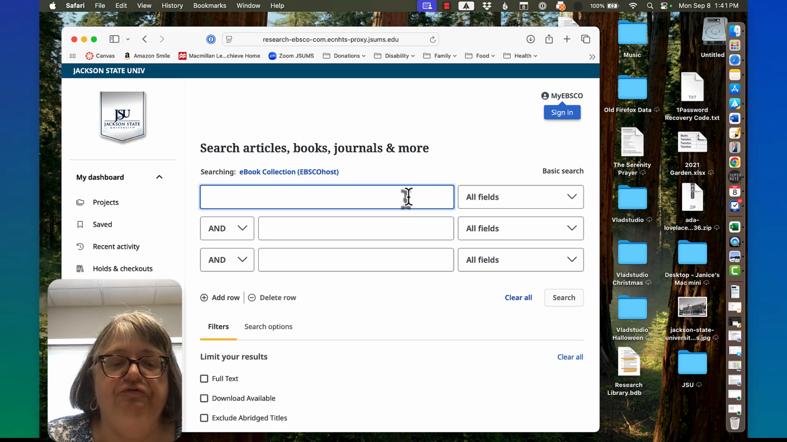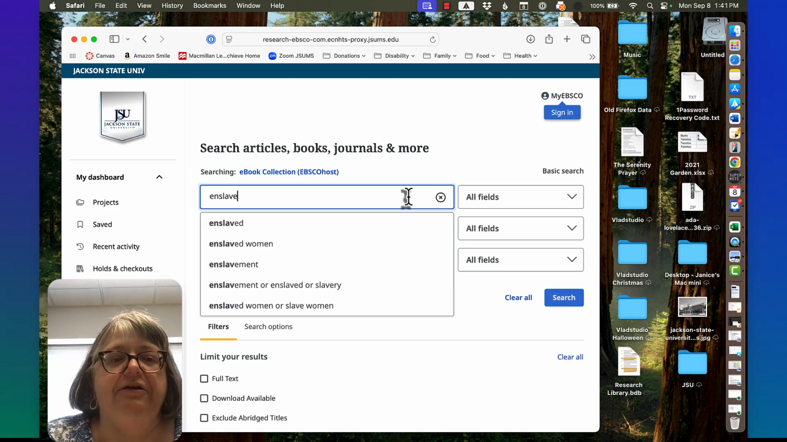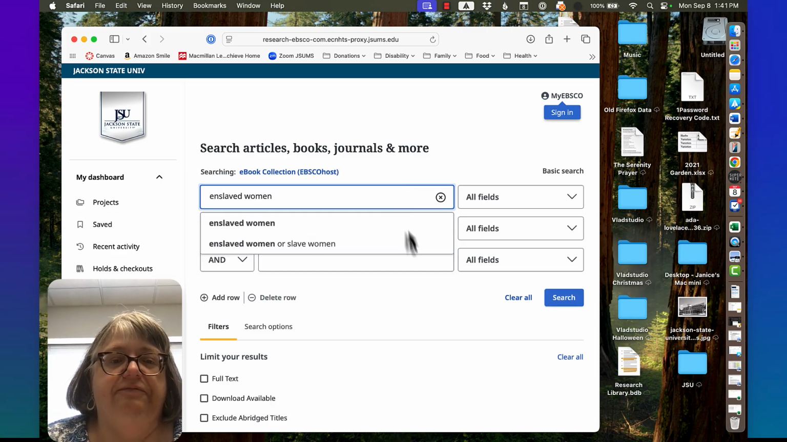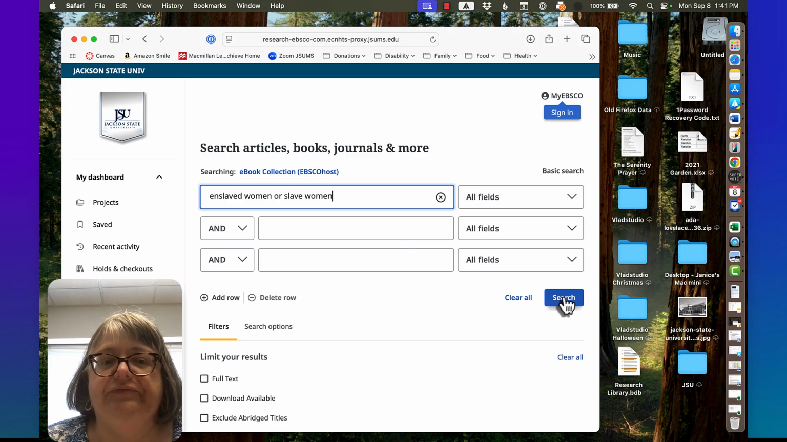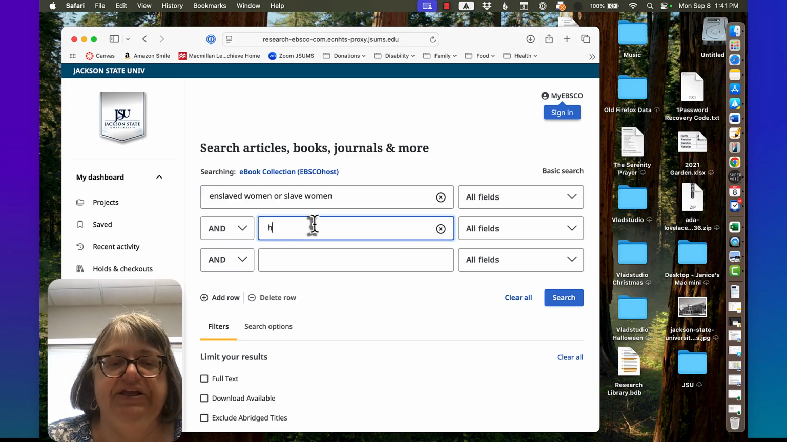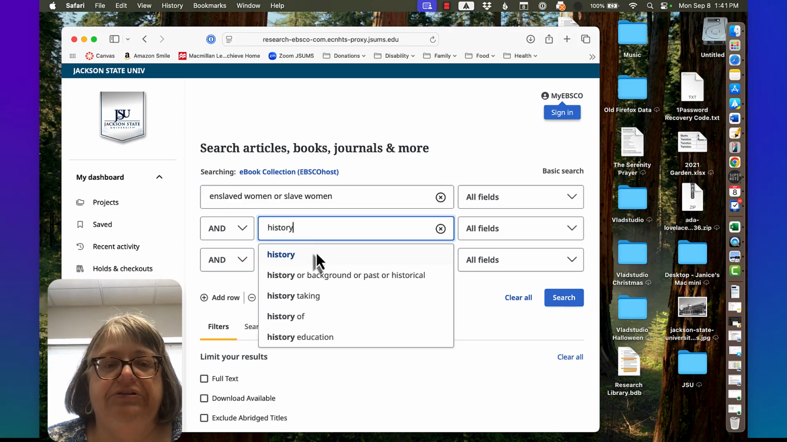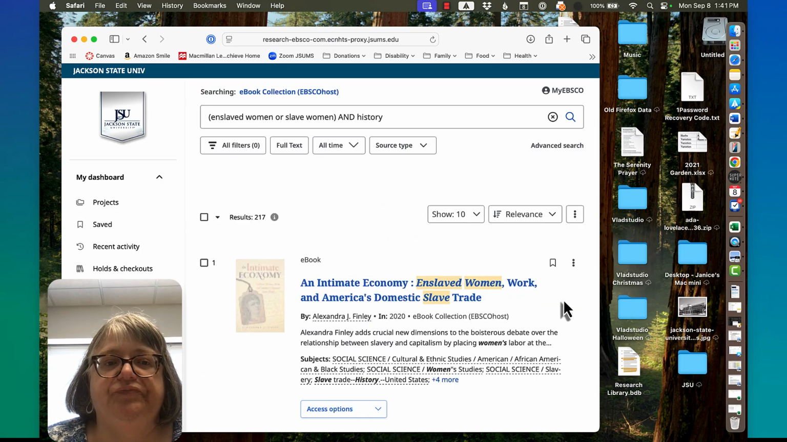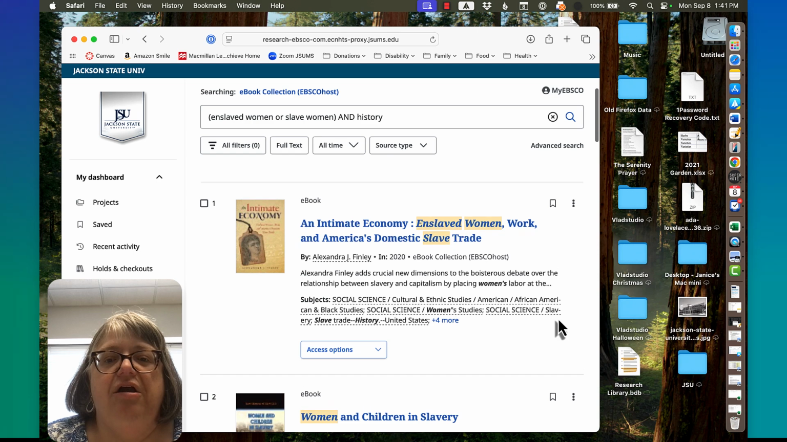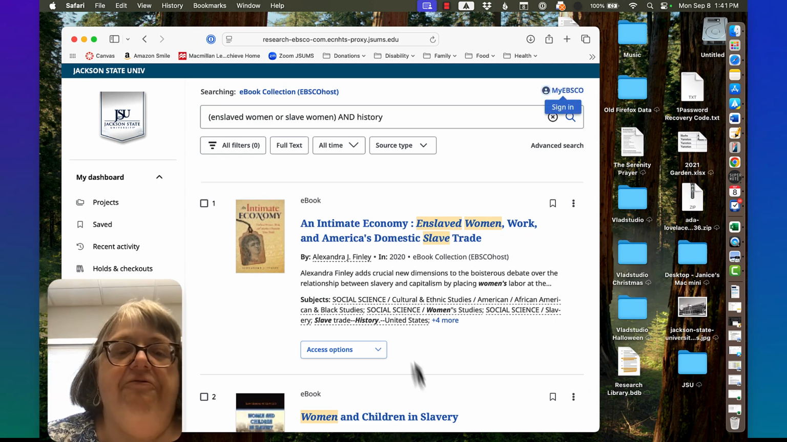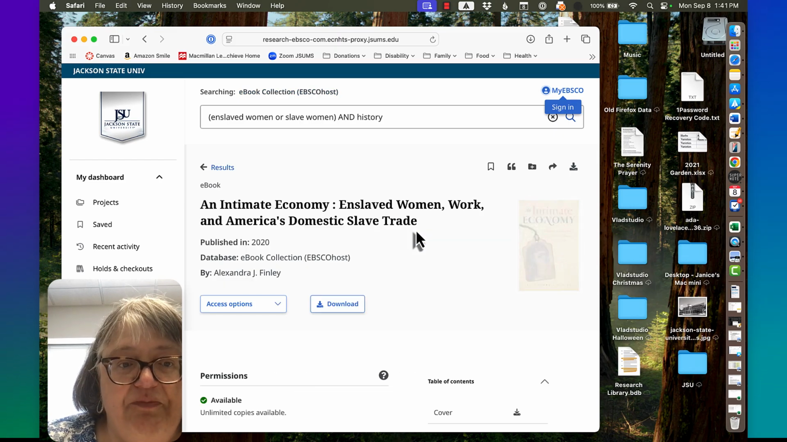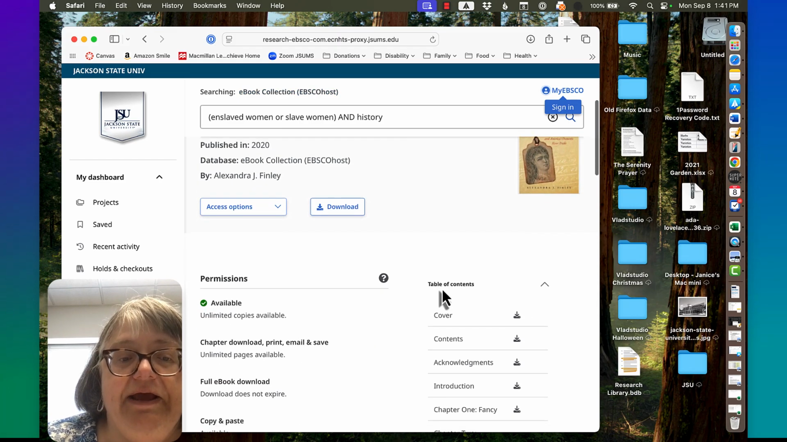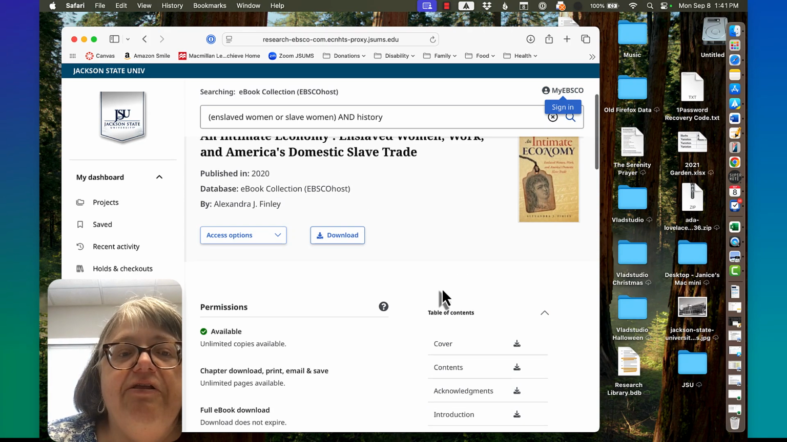Let's search for enslaved women. I'll throw history in there. Okay. Here we have An Intimate Economy, Enslaved Women Work in America's Domestic Slave Trade. A pretty good book from 2020. Now, if we look at it,